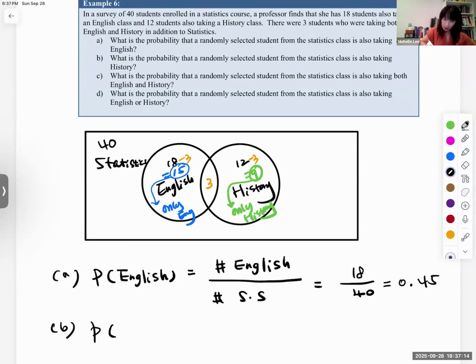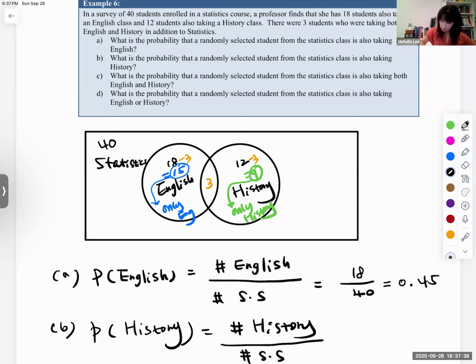Okay. What's the probability of history? So how many history? They say that 13? No, 12. 12, right? 12 students taking the history, right? Yeah. Number of sample space is 12 out of 40, which is 0.3. Okay, good job. Now,